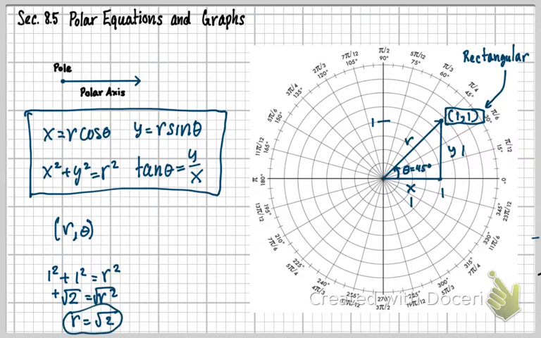So that tells me here that this distance here is actually going to be square root of 2. So now if I was going to write my ordered pair in polar, polar would be my radius, since we have this r theta here. My radius then is going to be square root of 2. And my theta is going to be 45 degrees. So this here